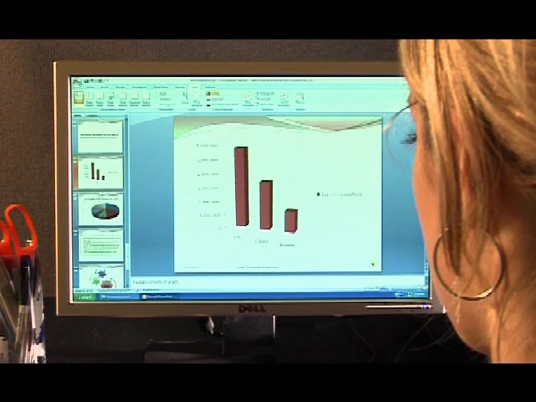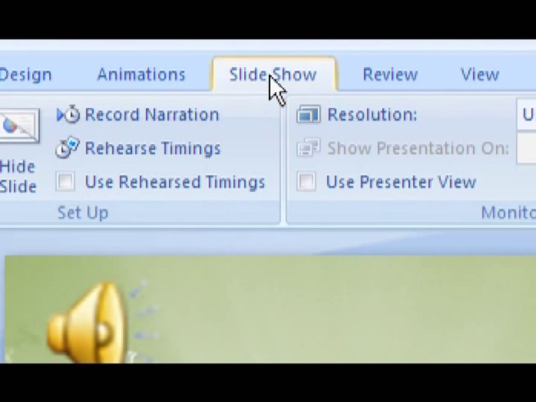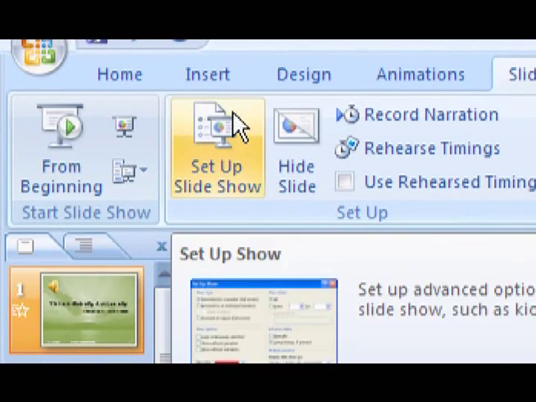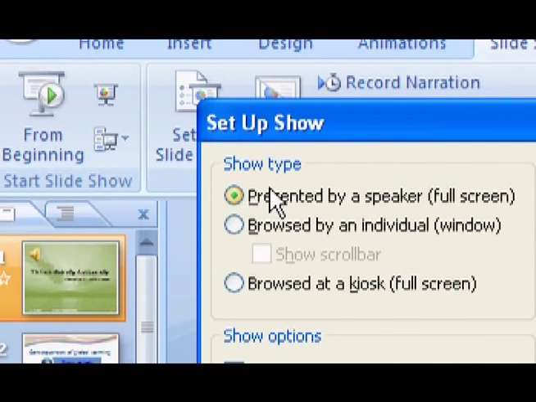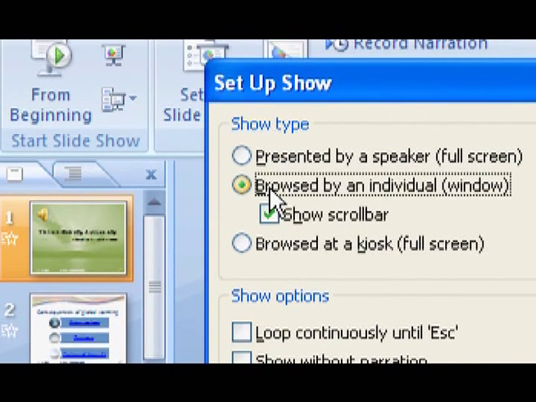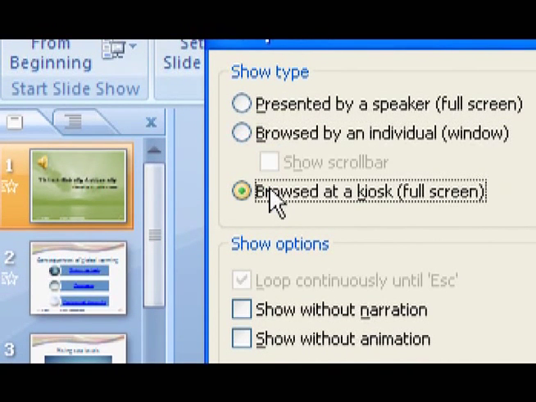When you come to show your presentation, there are some choices as to how it will be displayed. Under the Slideshow tab, click on the Set Up Slideshow button to open the Setup Show dialog. Here you can choose Presented by Speaker, which shows the presentation full screen. Browsed by an individual, which shows the presentation in a window. Or Browsed at a kiosk, which shows the presentation full screen, but prevents the slides being advanced by the user